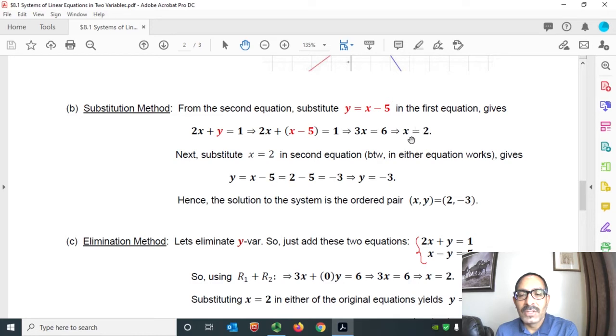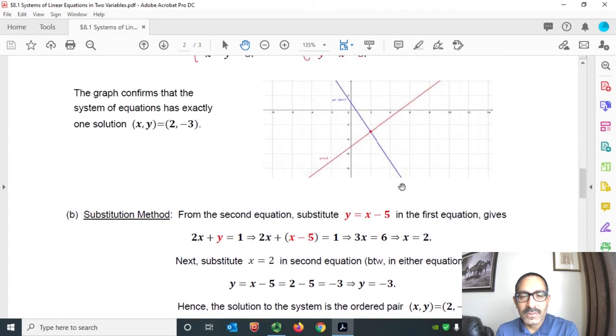Now put this value x equals 2 back in this equation here, then this gives us the y value. So y equals x minus 5, put x equals 2, which we just found. Then this is 2 minus 5, which is minus 3, hence y equals minus 3. That is x equals 2 and y equals minus 3. This is the solution of the given system using the substitution method